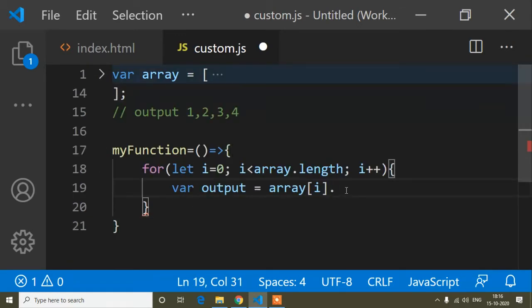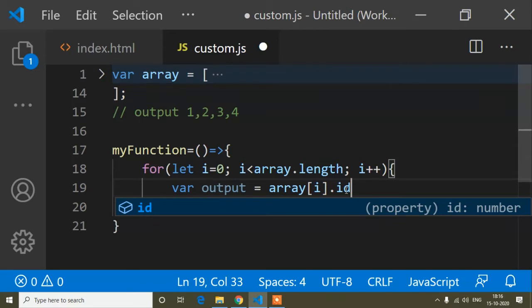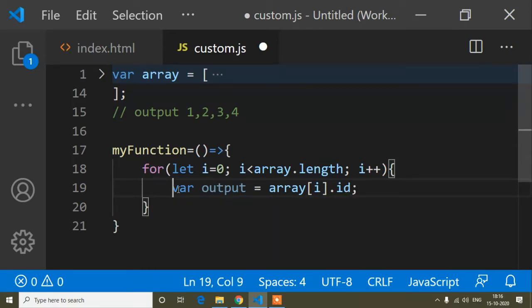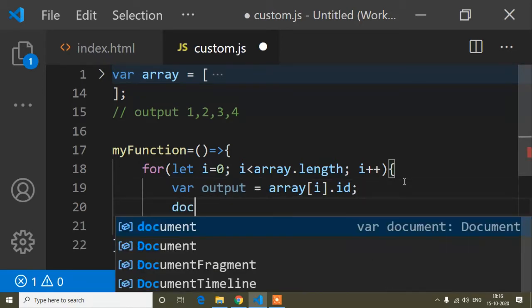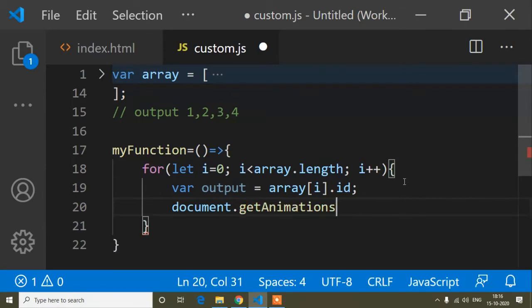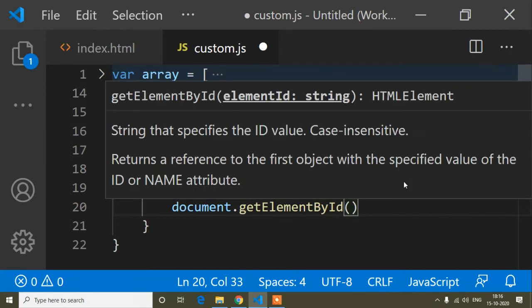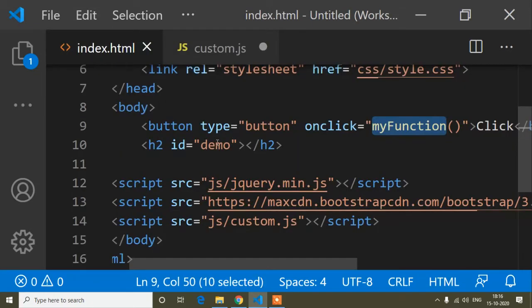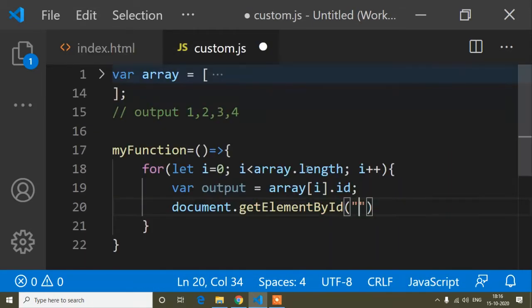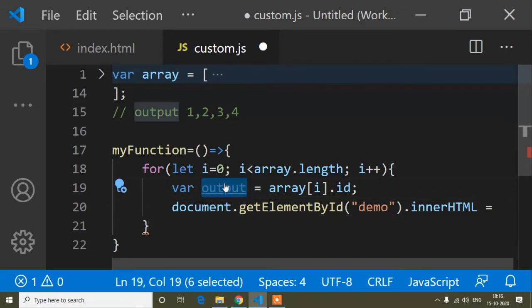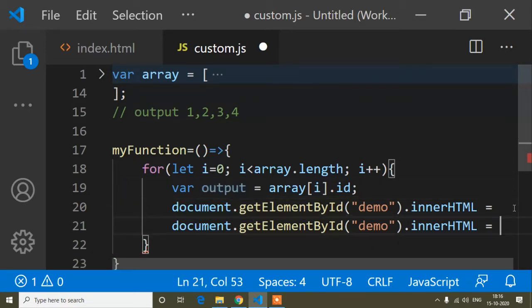Because I want to print the id property, that's why output and id. Now here document dot getElementById, and our id where I want to print this is demo. So demo dot innerHTML equals this output variable.